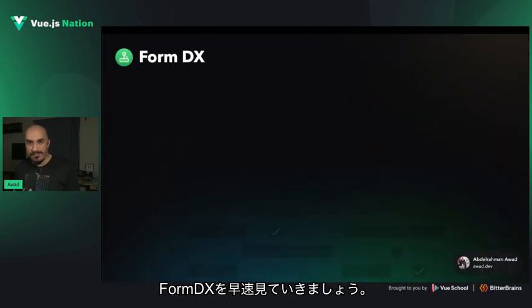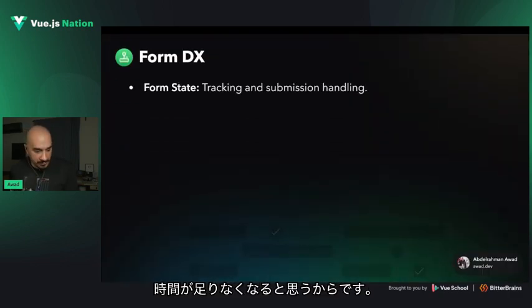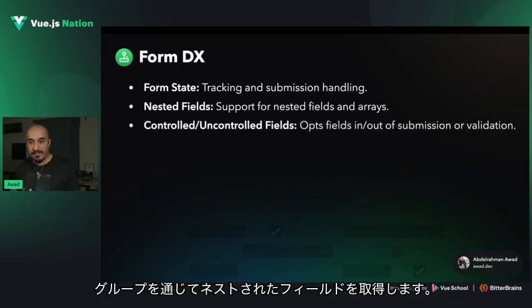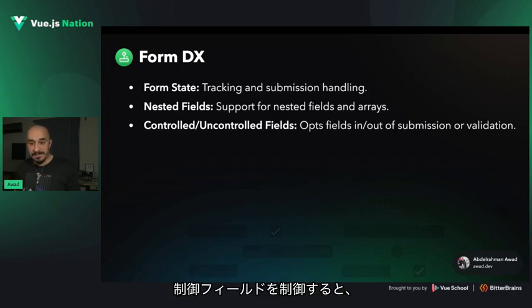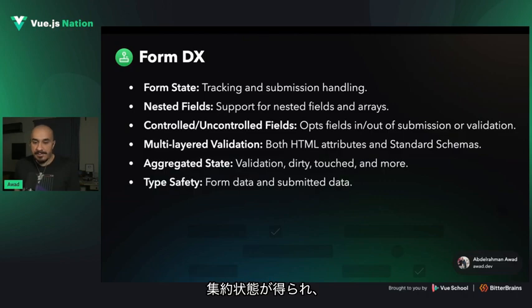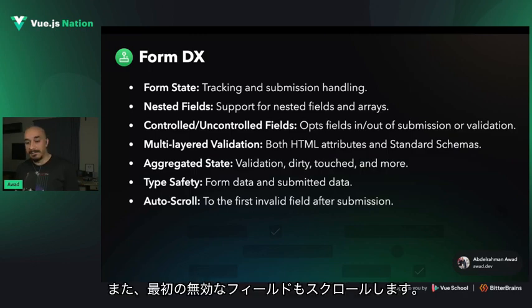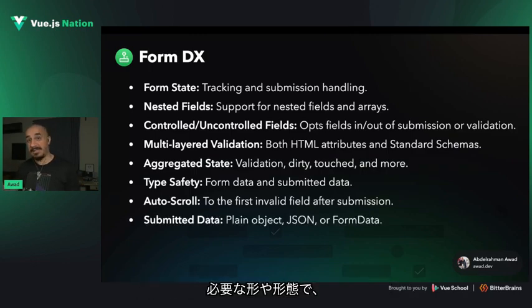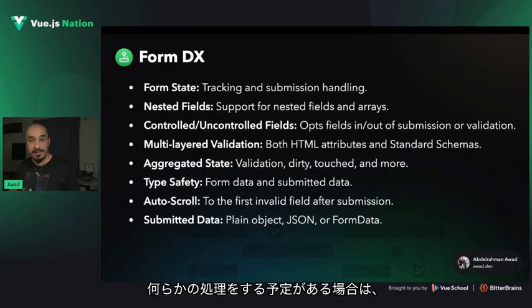Let's move quickly through form.dx because I think I'm going out of time. So form state, you get tracking submission, you get nested fields through groups and repeaters, you get controlled and uncontrolled fields, you get multi-layered validation, you get aggregated state, you get type safety through submission or through the current values, just like vvalidate, and it auto scrolls to the first invalid field, and you can consume your submitted data in any shape or form you need, like maybe a plain object if you plan to do some processing on it, JSON